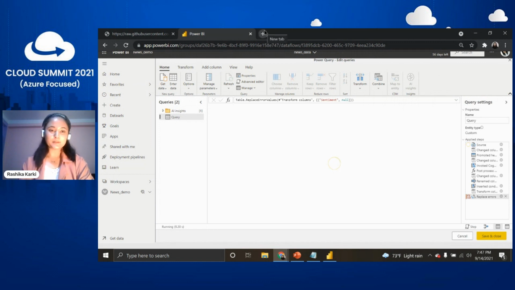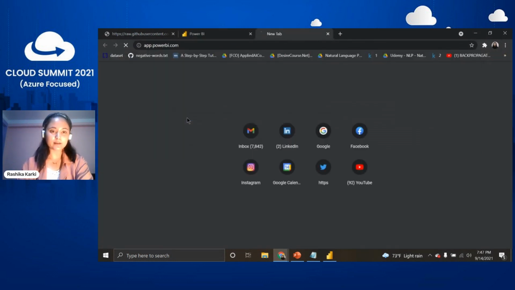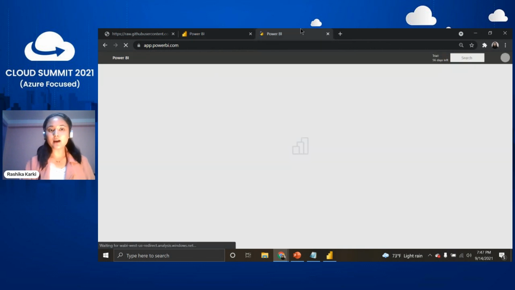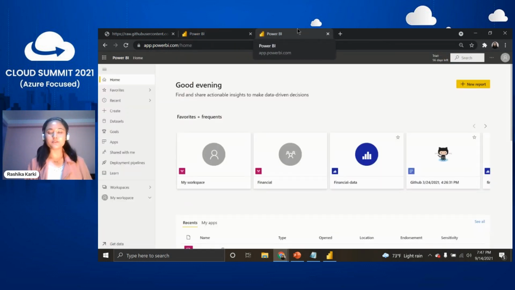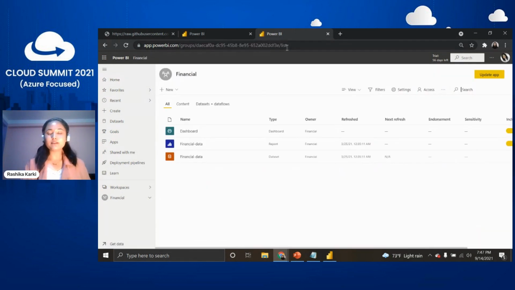Actually, while it's being loaded, let me just quickly go through. Let me just open up another app, just so I can give a quick. So while this is being loaded, let me just go over other AI capabilities that Power BI comes integrated with, which are really, really cool. So I'm just going to go through a couple of examples that I already have in. So one of the really interesting AI capabilities that comes with Power BI, and you do not even need a premium license for that, is